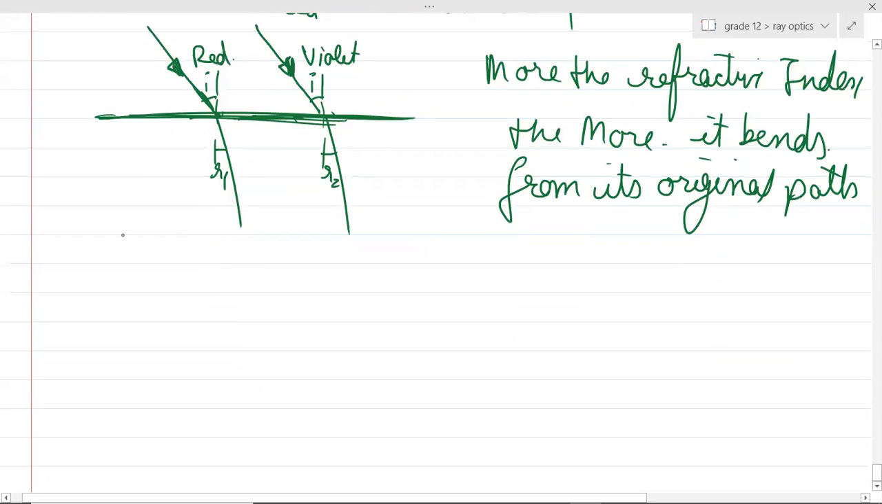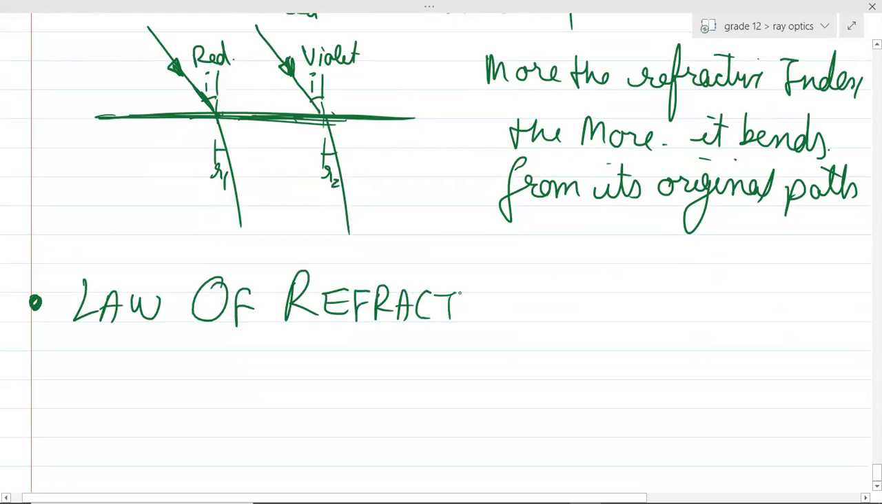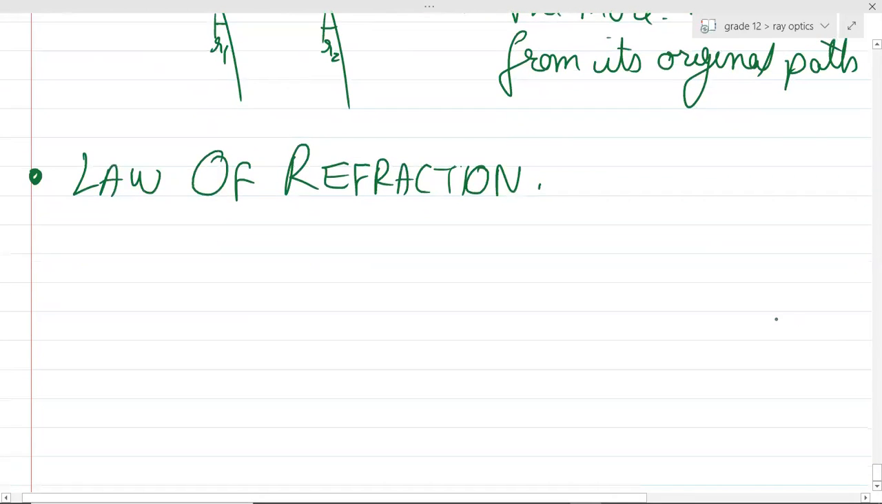So is this clear, guys? Yes, sir. Shall we discuss the next thing? The next thing is basically the law of refraction. Is it fine if I take 10 minutes more? First is